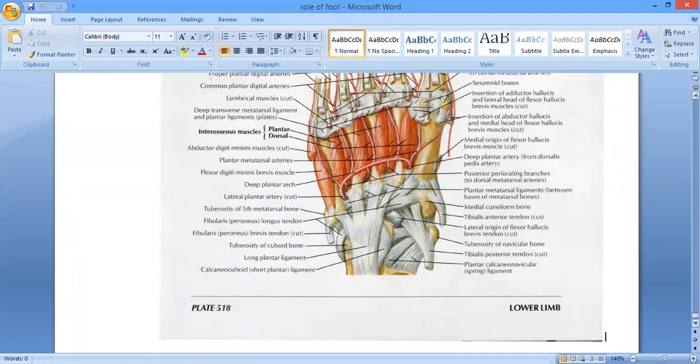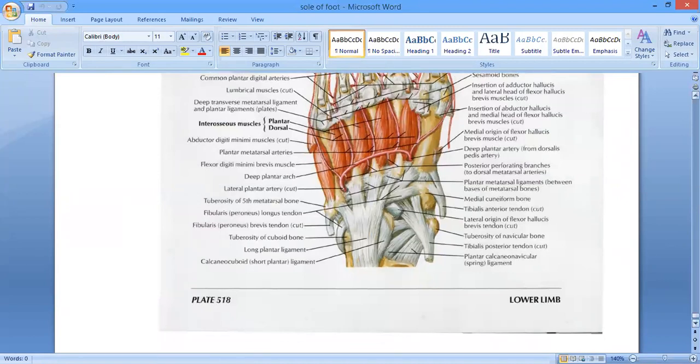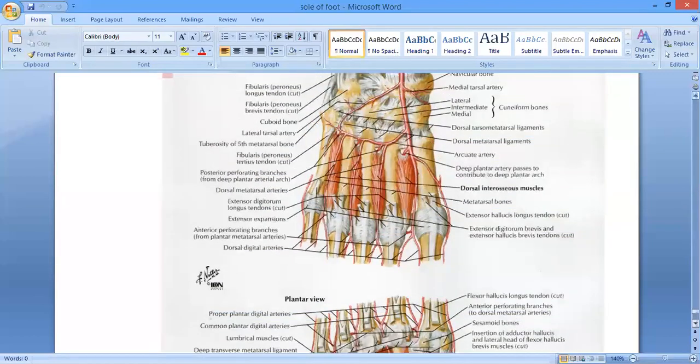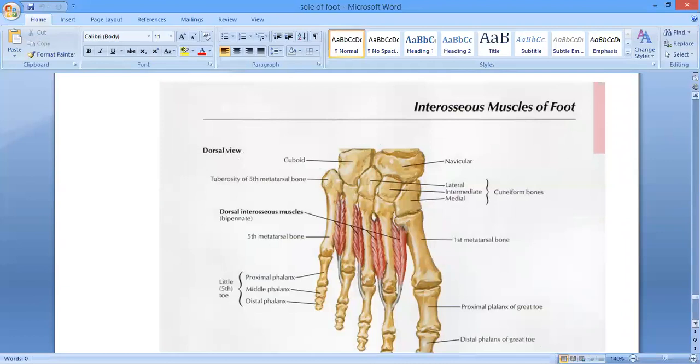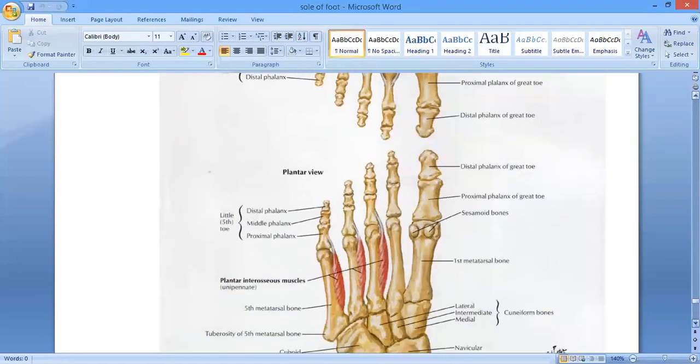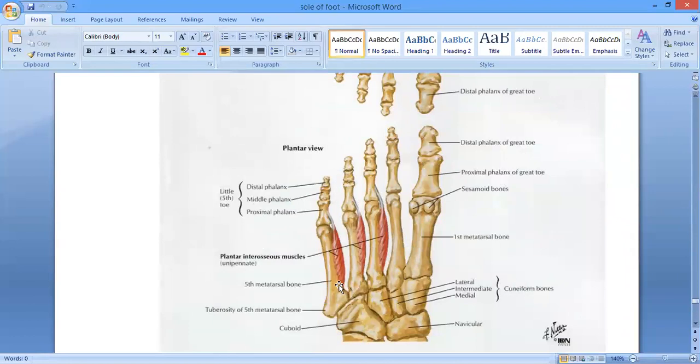सर एक्सक्यूज मी सर, जी बच्चे सर ये जो प्लांटर इंटरोशियस मसल है सर, ये ओरिजिनेट हो रहे हैं तो ये शाफ्ट को नहीं शो करे मेटाटार्सल बोन के। बेटे मैंने आपको बताया ना कि these are getting origin from the base and the medial aspect of the metatarsal bones. सर इन्हें शाफ्ट कह सकते हैं ना? हाँ शाफ्ट, ठीक है, it's okay, shaft. You can say the medial aspect of the shaft of the metatarsal bone. Clear? ओके यस सर।